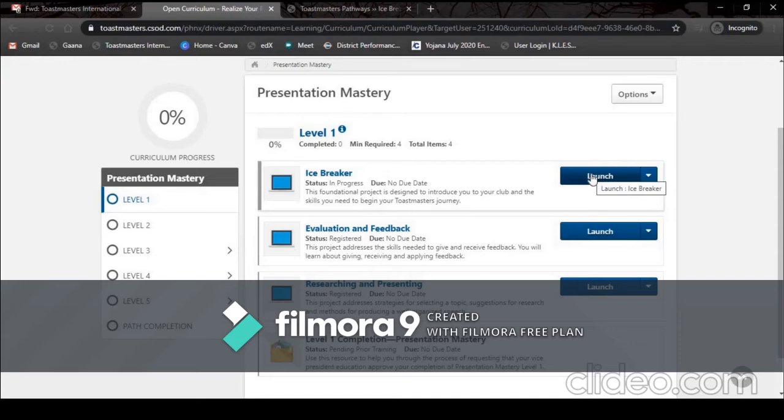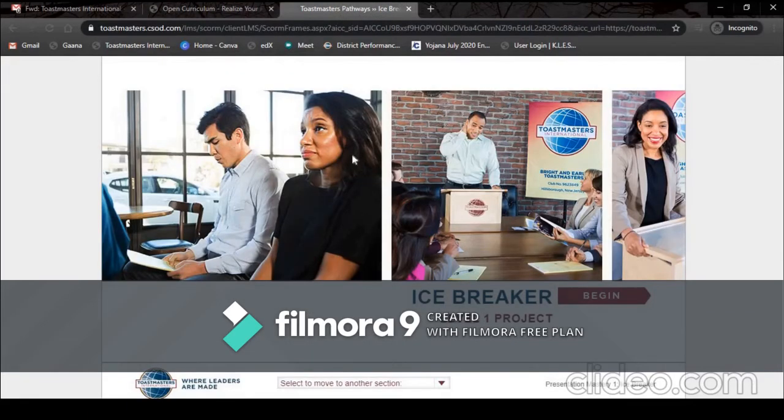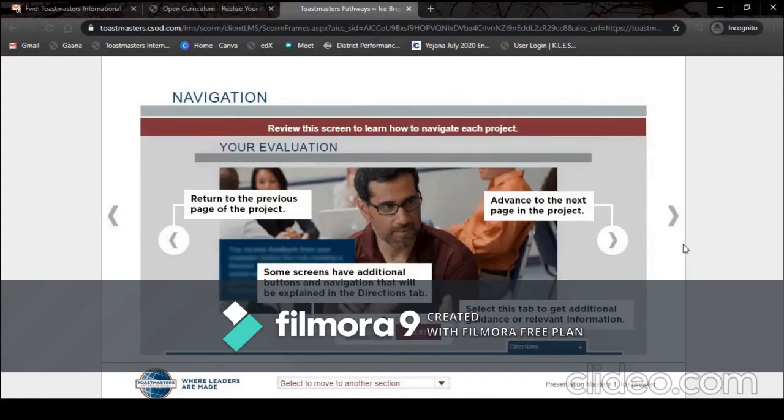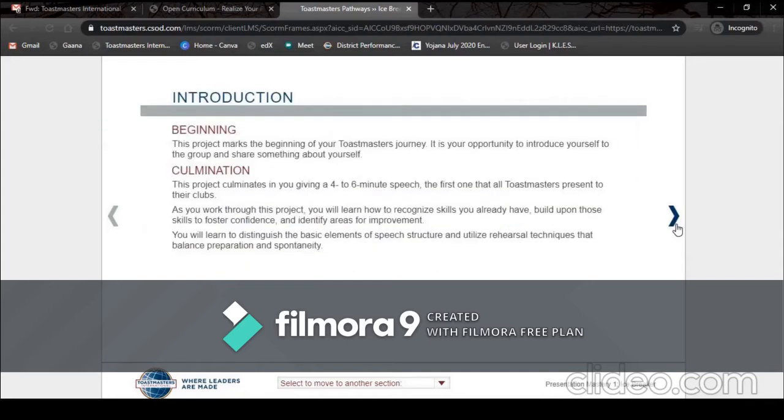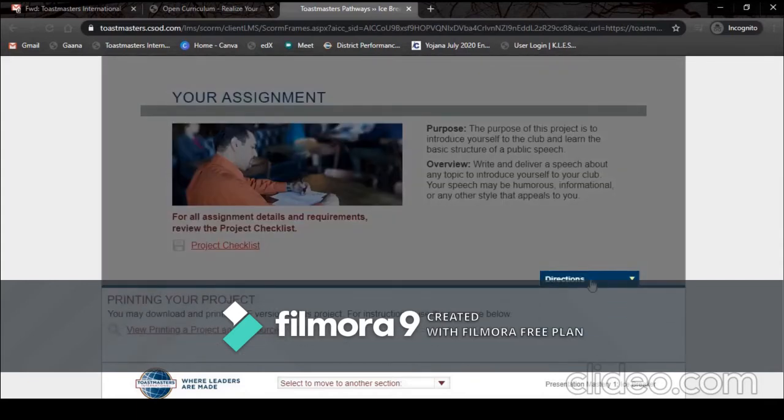As you will be attempting your icebreaker, when I launch this project, there will be a fresh page opened which contains the details about your icebreaker project. This is made online in the form of slides. Begin with reading the project. Move the arrows to go to the next slide. As you start reading the project,